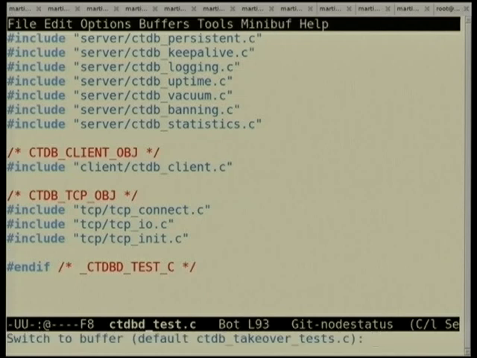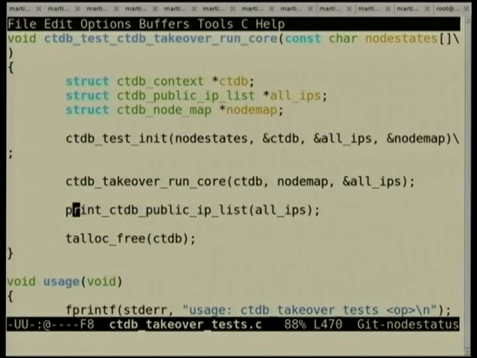And then, in this file, we can include the previous C file because it's doing all the includes for us. And then we've got a very, very simple way of testing our function that we want to test called CTDB takeover run core, which is in the middle of the screen. Above it, we've got CTDB test init,